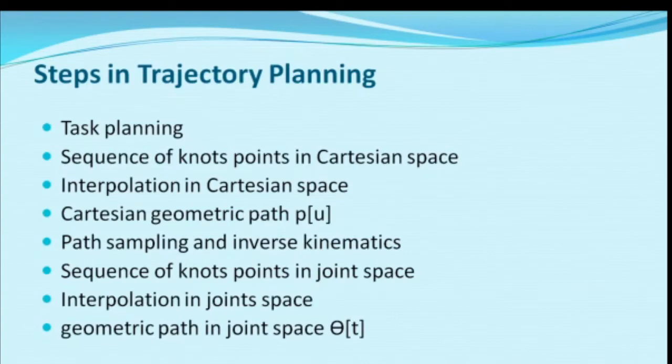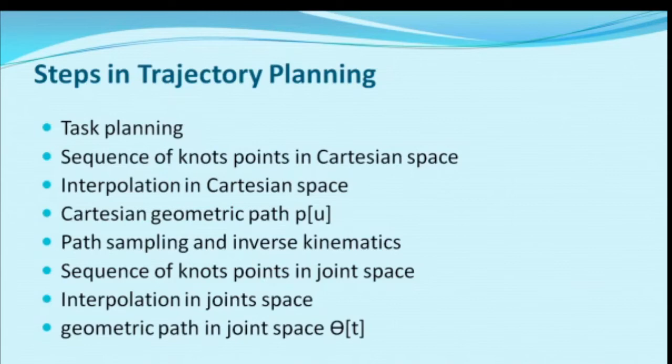Steps in trajectory planning. First, you have to plan your task, meaning what your application is and what type of motion you want, or what type of action you have to perform. So that planning is required. Then according to that task, a sequence of knot points in Cartesian space should be decided. So you can say it's a key point through which the robotic arm will move. Then